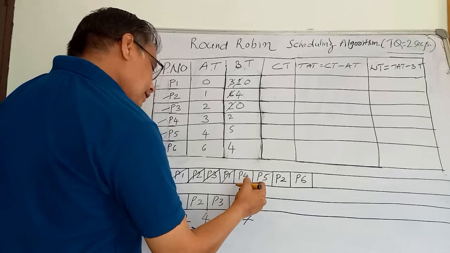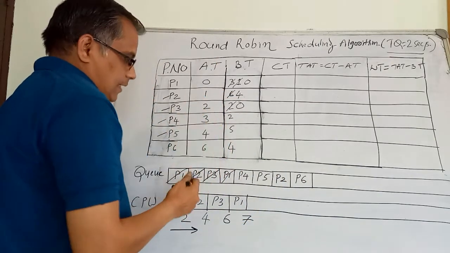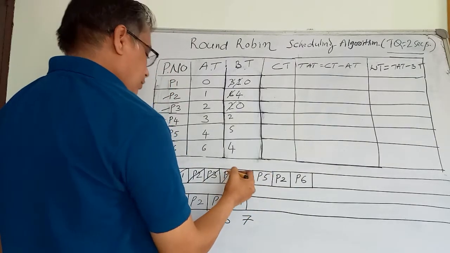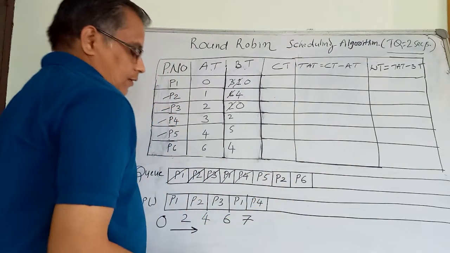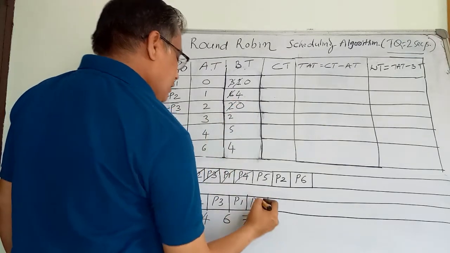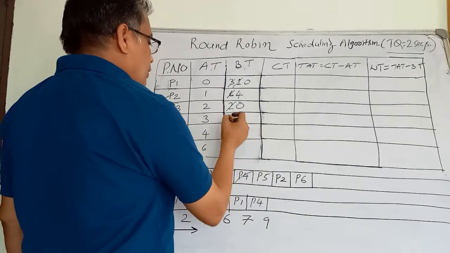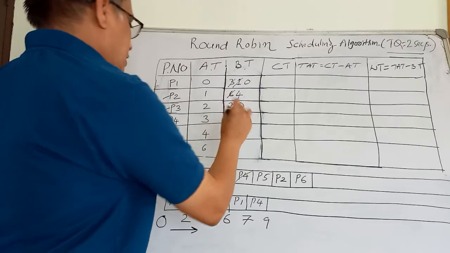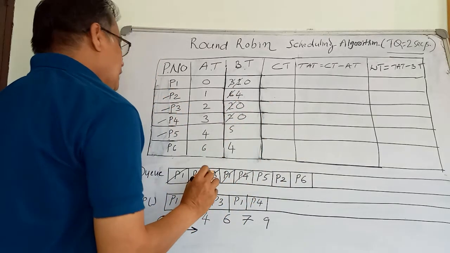Next, okay, all the processes have come here. There is no need to see the arrival time from the table. Then P4 is brought here in the CPU Gantt chart. P4, that means what? It is 7 plus 2, 9. P4, 2 minus 2, that means 2 minus 2 is 0. It has also completed its execution. There is no need to bring that particular P4 into the queue.